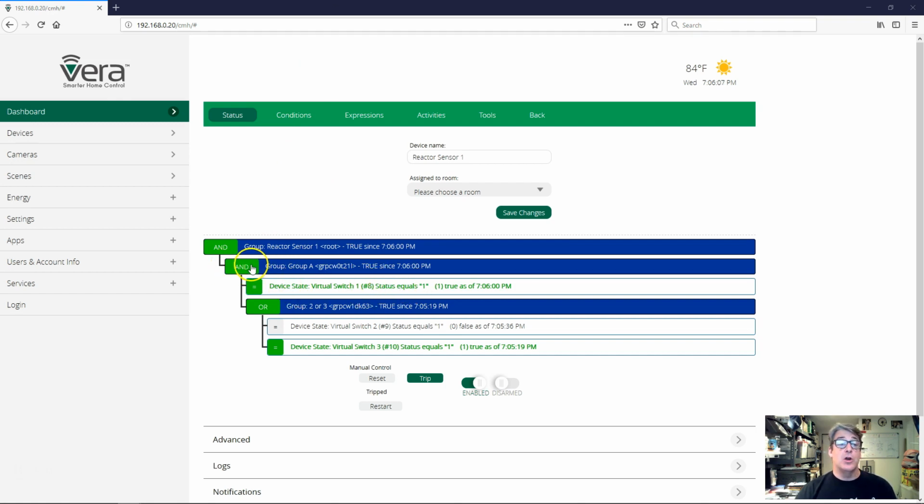And because the only condition inside of the root group now is group A, the root group also went true. So we could actually promote this whole thing up and just make it all inside the root group. But because we have the group there, I just made it that way. But anyway, the point being, if I switch 2 on now, and 3 off,